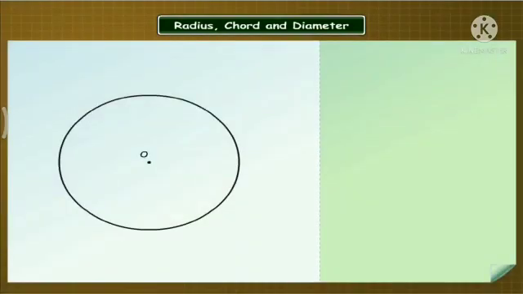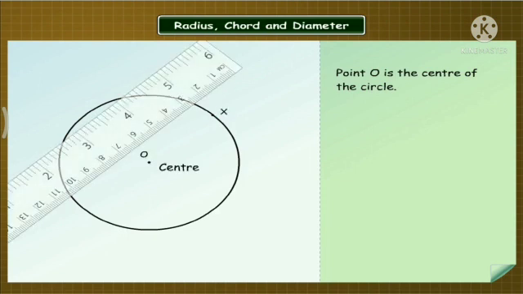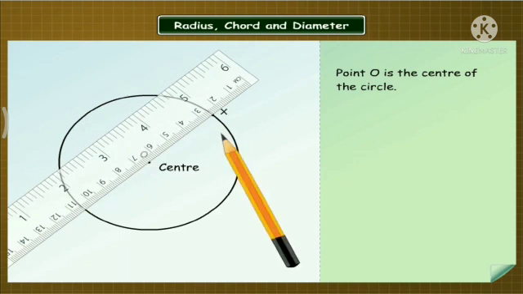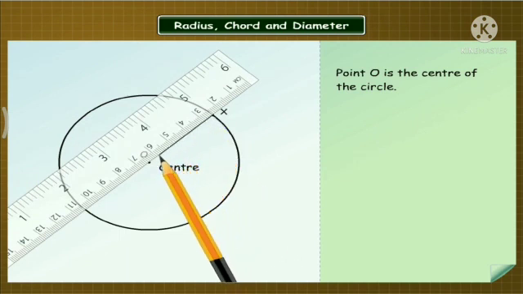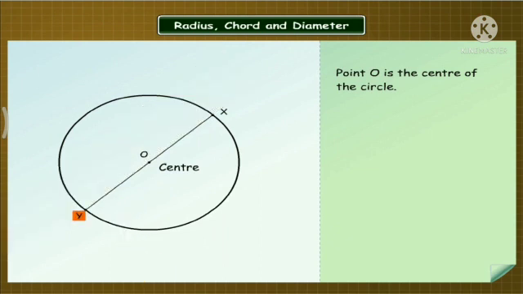Clear, students? Now here it is shown in your slide, that is point O. O is the center of your circle. With the help of this center you can draw a circle. On the end of your circle we have to mark X and we have to draw a line till OX. Clear? Then again we have to extend this line till another point, that is Y. Understood? So what will we get over here?